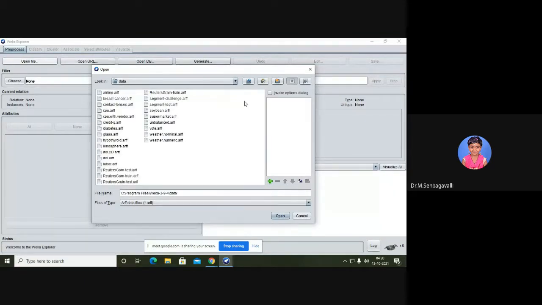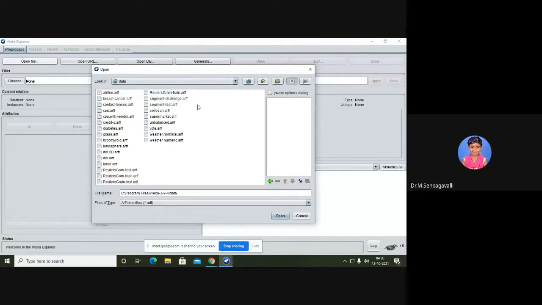Yeah. So these are the sample data, and we have already created an ARFF file in our lab. We only created this ARFF during our lab. By default, the weather report will be there, and some data will be there. Once you download Weka, you will get to know what files are there by default.